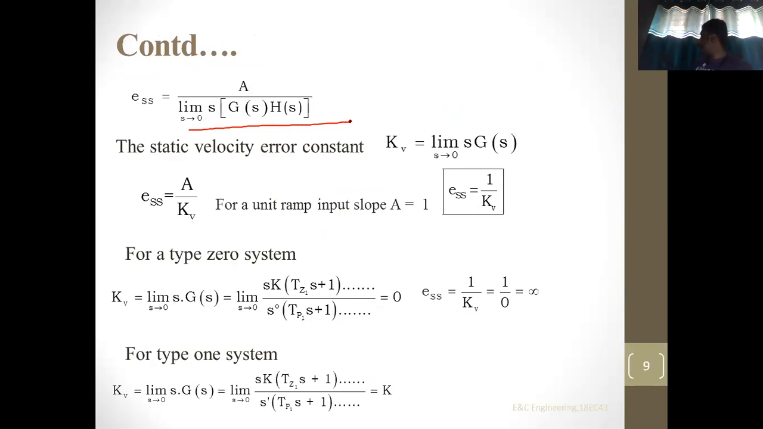Kp was associated with the unit step input. Is it okay? Now this kv is associated with the unit ramp input. Is it okay? And this kv is defined as limit s tends to 0, s into g of s into h of s. Is it fine? Thereby, how about the steady state error? ESS is equal to a divided by kv. Why? Because this centered thing is kv. This is for ramp input. How about for unit ramp input? For unit ramp input, this slope or amplitude becomes 1. Thereby, ESS is